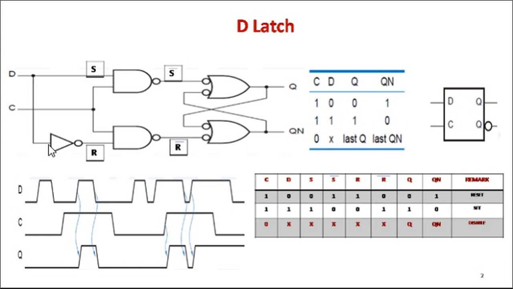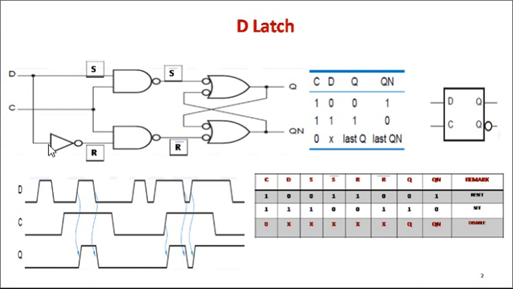is Qn or Qn plus 1. We know that n means during the clock period and n plus 1 is after the passing of the clock cycle. So this is equivalent to saying that the data input appears at the output at the end of the clock pulse. The transfer of data from input to output is delayed, hence the name delayed D type flip flop, data delayed type of flip flop.